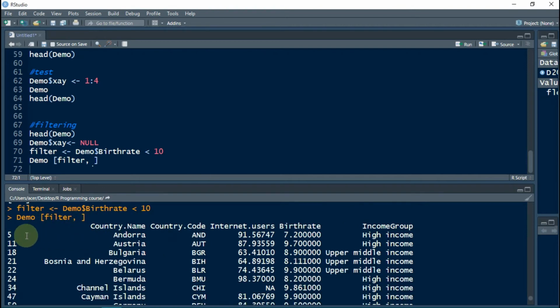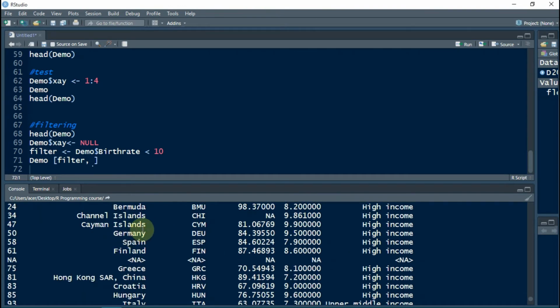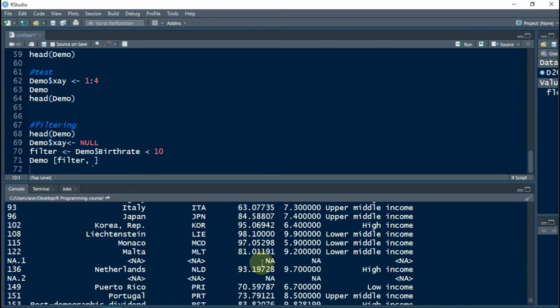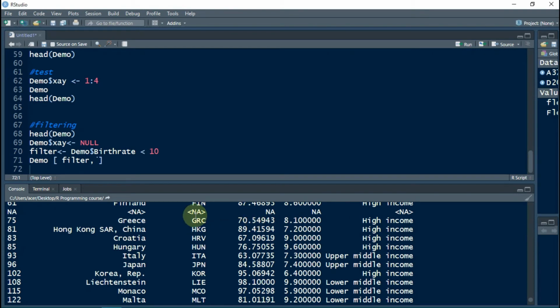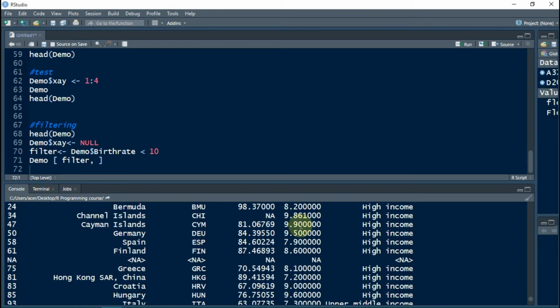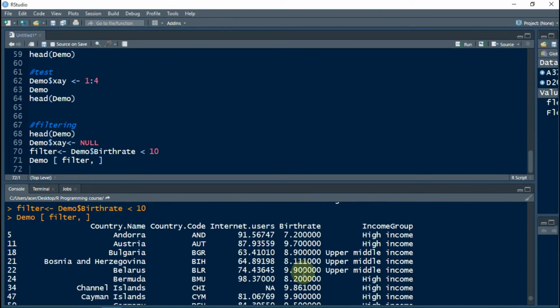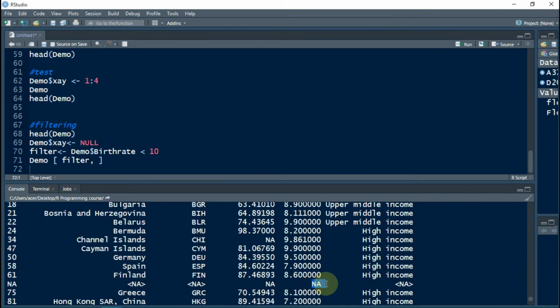So here you can see the countries with birth rate less than 10, and as you can notice, we have also got some values not available in our data frame. So what does this NA mean? It means that the value of birth rate was not available.